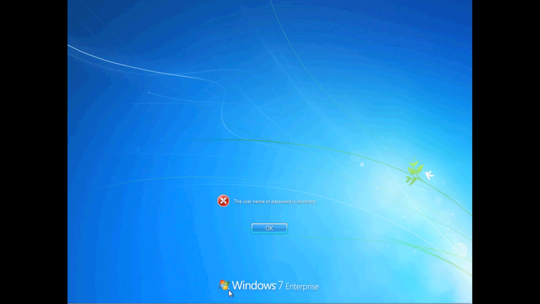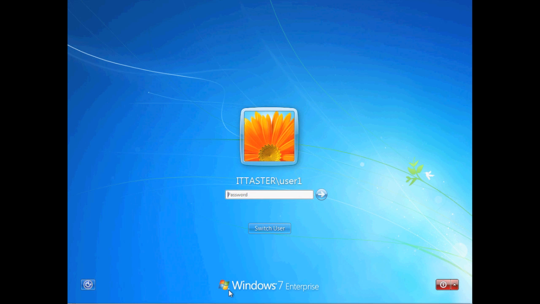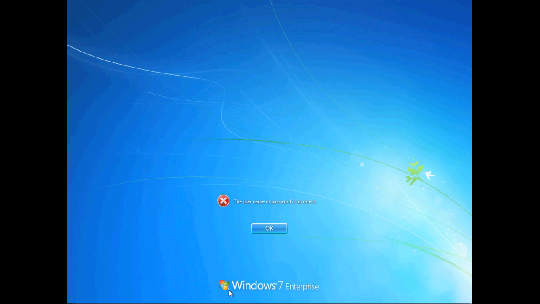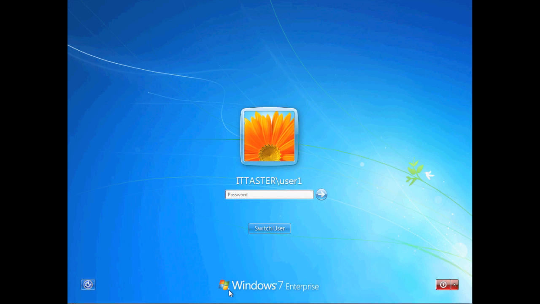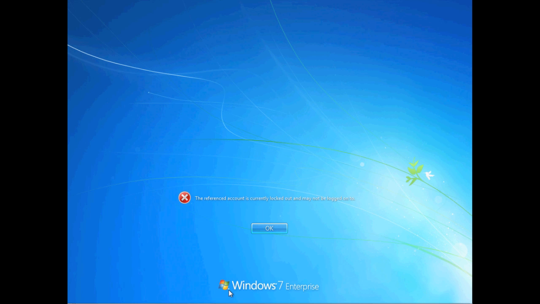Again another error, our second attempt, and again another error. So that's 3 failed login attempts. I'm going to try once more. And we receive an error telling us the referenced account is currently locked out and may not be logged onto. The user account is locked. So let's go back to the server and I'll show you how to unlock a user account.